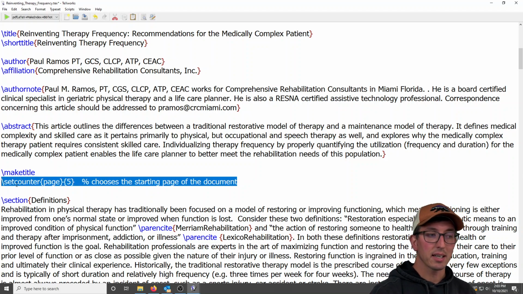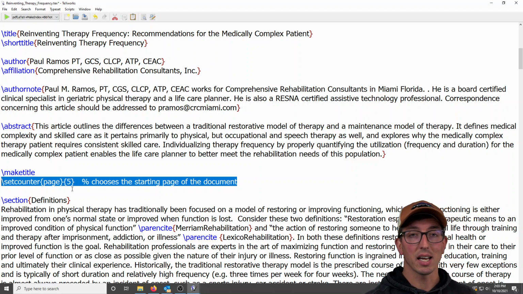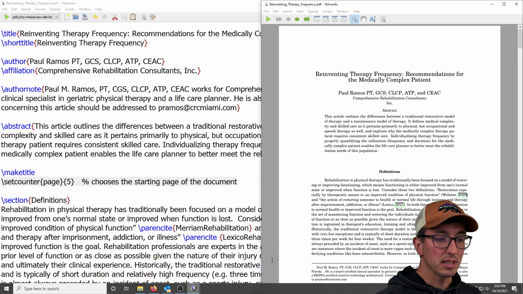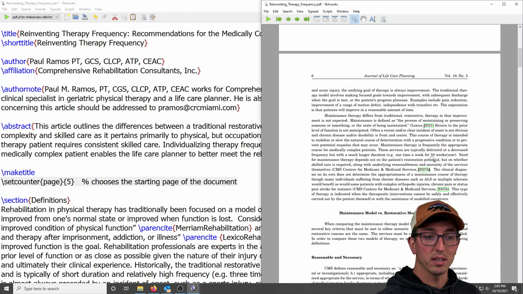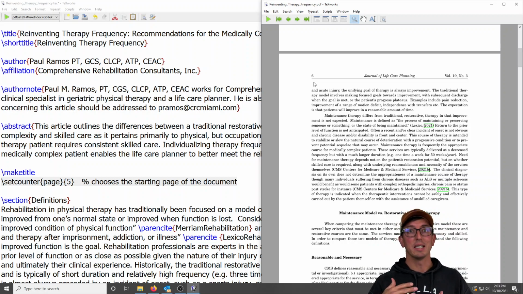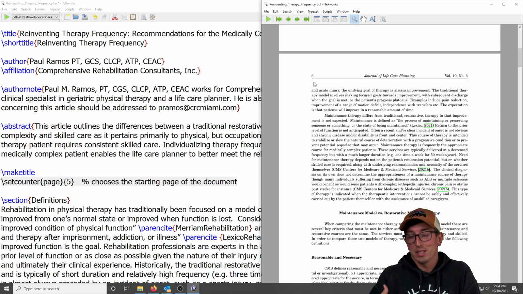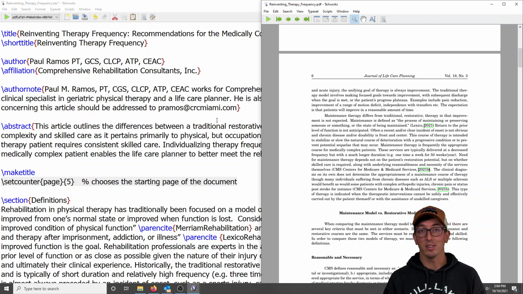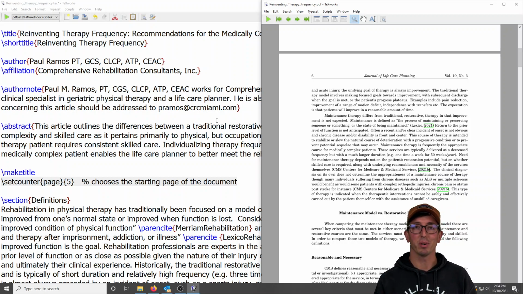So the set counter says each individual article. This one, for example, starts on page 5 because I have an editor message and the table of contents. And so that means that this is page 5 right here, and this one's page 6. I go through all of those pages, and then I have to figure out when the next article starts, and I have to set that to start on the page that it's supposed to be. Otherwise, it would be all messed up, right? So that means if there's a change last minute, or even not last minute, as I'm going along, I have to update the pages accordingly so that they all have the correct page number,